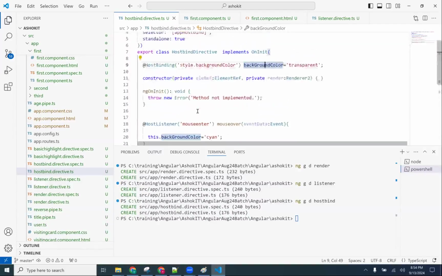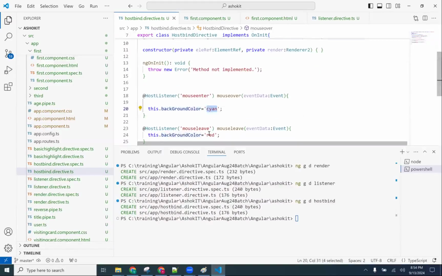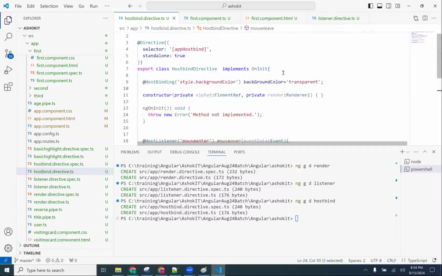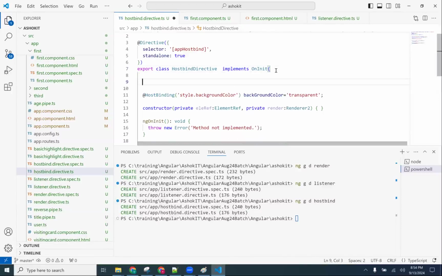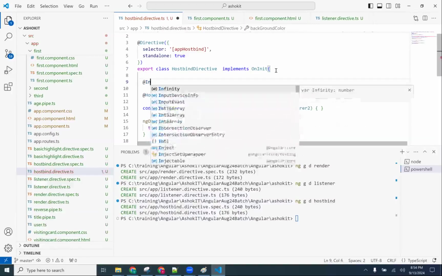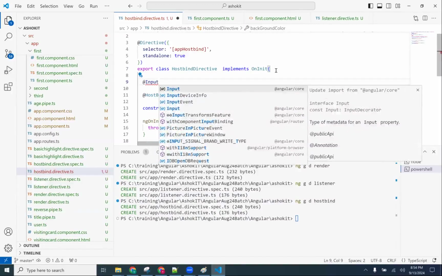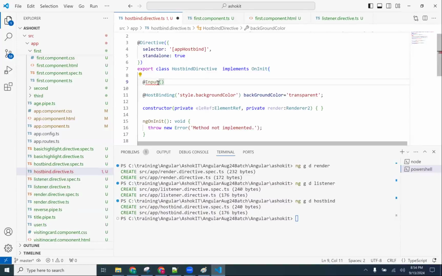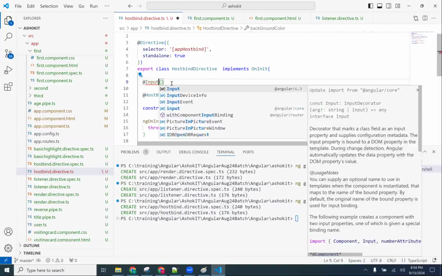So what I can do is I can take input also. Here I am hard coding that, right? Cyan and red, I am hard coding right here. Can I take as input? Yes, you can take that as an input here. How to do that? @Input. We saw that, right, guys? @Input